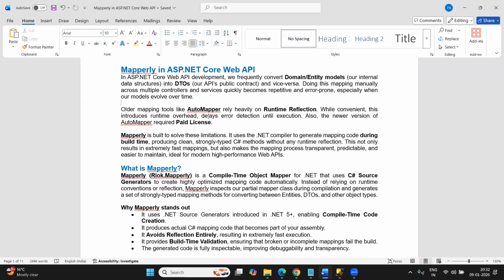We need to map these DTOs to entities or models, and models to DTOs. For example, when we are receiving the data for any POST request, where the client is sending the data, that is a DTO, and we need to convert it to our entity or model. Similarly, when we are returning the data to the client, we need to convert our entity or model to a DTO. So this mapping, converting one type to another and back,